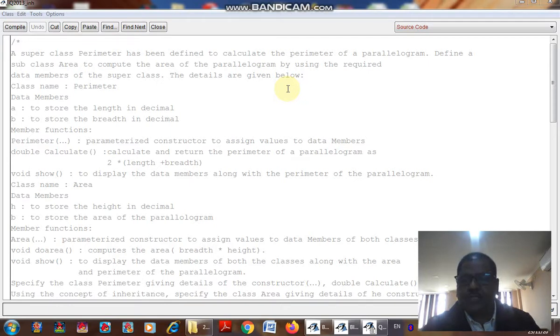Today we are going to do a simple revision of a question based on inheritance. Inheritance means to acquire the property and method of a class into another class, number one. Number two, the keyword that we are going to use to inherit the property and method will be known as extends.